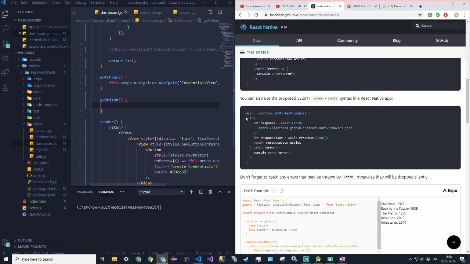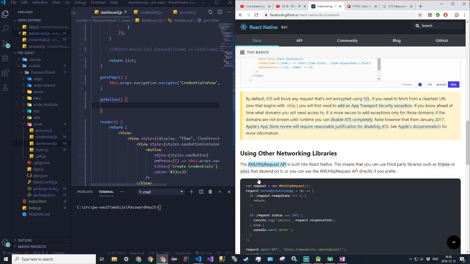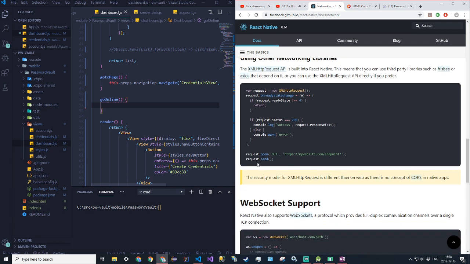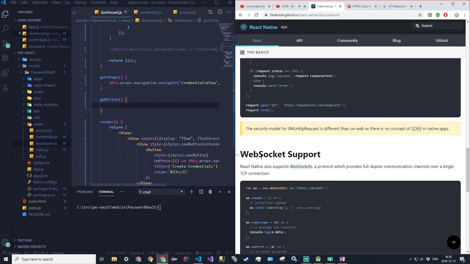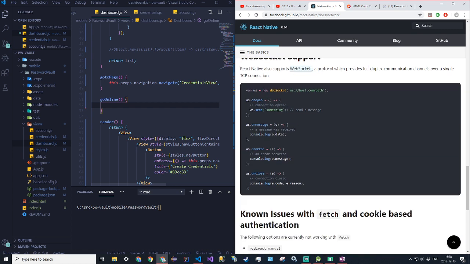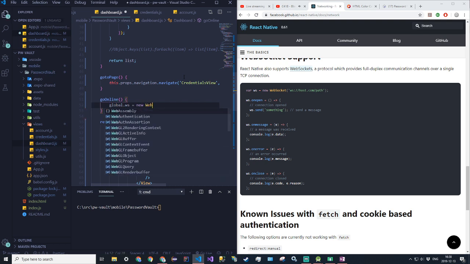So it's on the fetch. We want to start a web server. Oh, I see how. Wait, no, that's just a request. Okay, here we go. So global.ws, we'll make it a global variable, is equal to new WebSocket,